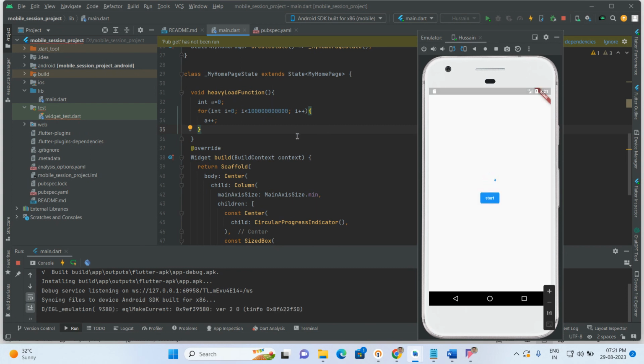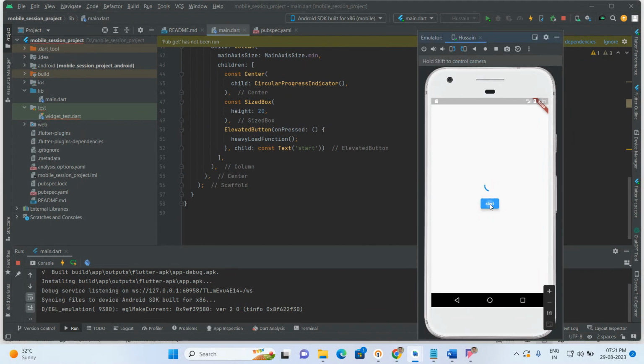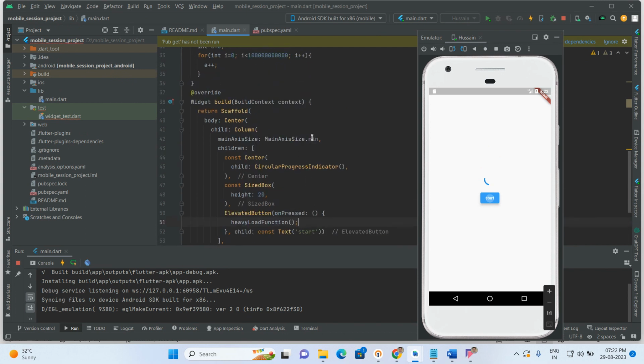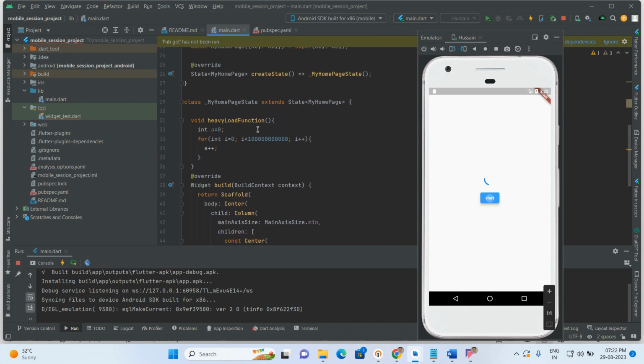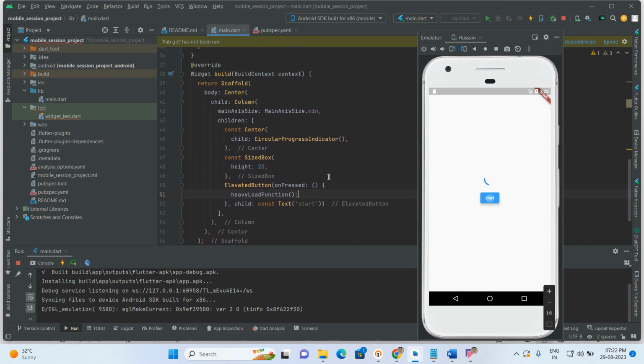So yeah, when I click on this start, see, our complete screen will hang. See, the circular progress is also hanged. So in this case, this function comes under heavy load. So how to handle this one? By using isolates. So first of all, we have to create